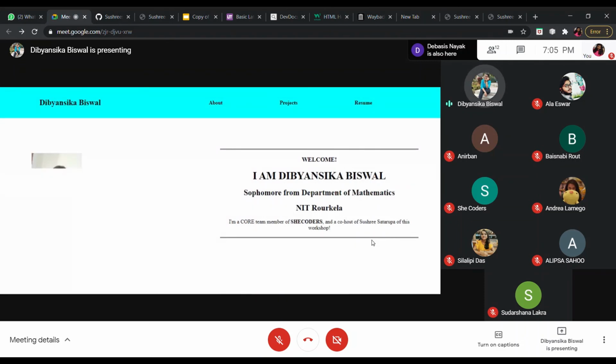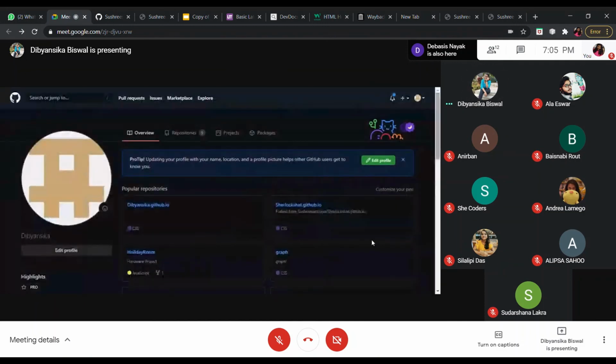As Sushi has guided us to make this beautiful website, you can see here's my logo, here's my photo, here's my intro, here's about, that is bringing me to this particular page. If I click on projects, it is directing me to my own GitHub account. I'm sorry, I don't have a LinkedIn account yet, so I haven't put my resume right here.